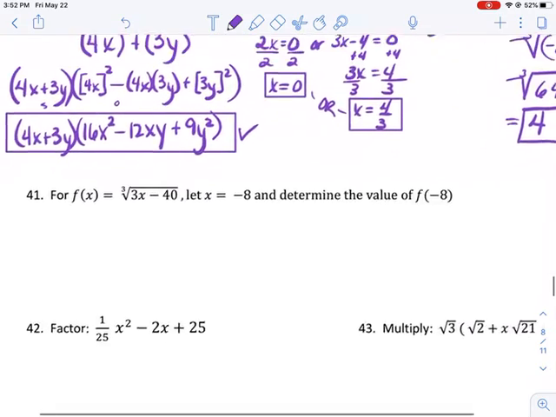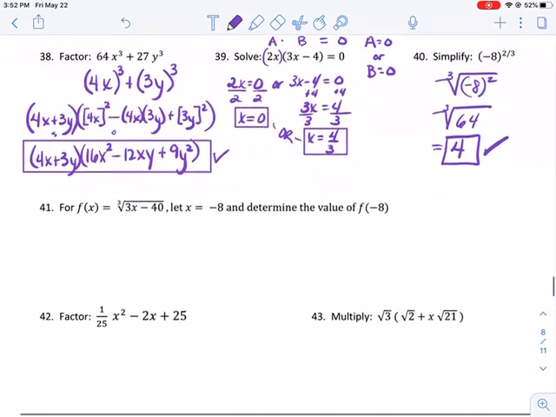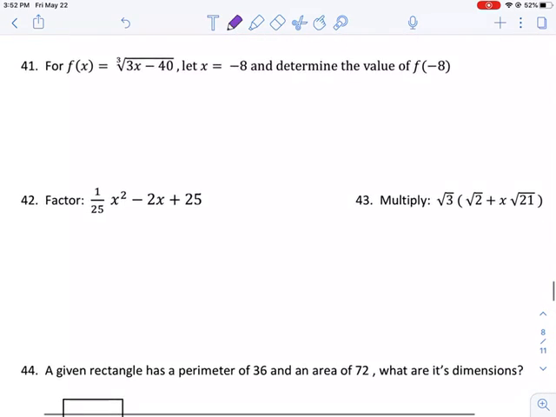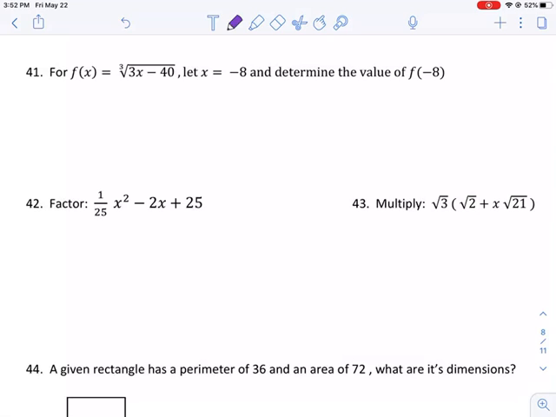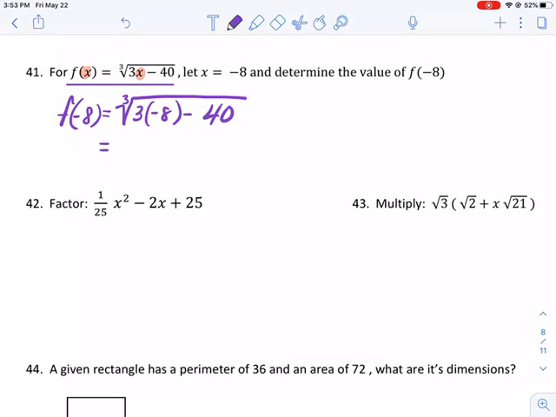Functional notation, let's go ahead and take one more and then I'll do the solutions and turn them in then. Okay, so we'll stop at 41. It's another prime number. So if we have the function f of x is equal to the cube root of 3x minus 40 here, we're going to let x equal to -8, and we're going to determine the value of f of -8. So remember that a function is just like a receptacle. We're changing our value of x, and wherever x is in the equation, then x is out and -8 replaces that. So we end up with the cube root of 3 times -8 minus 40,